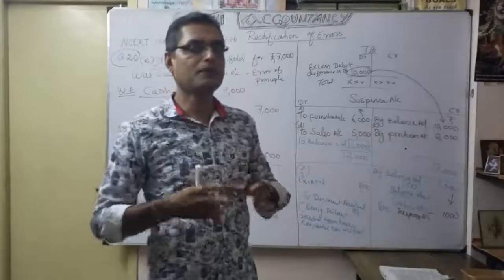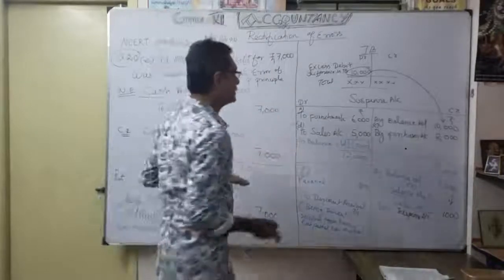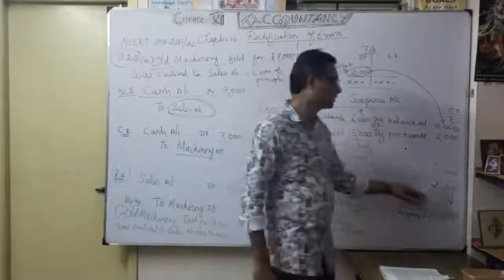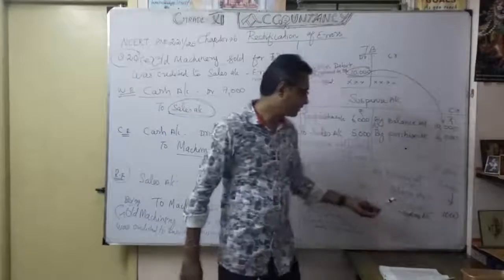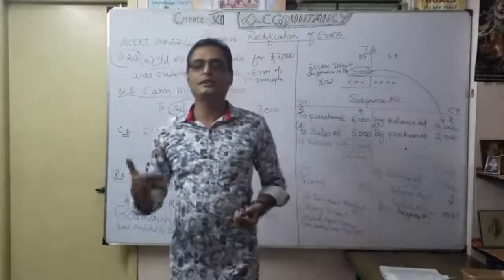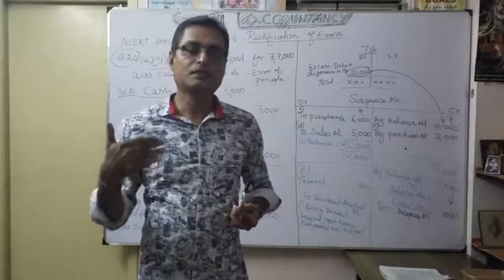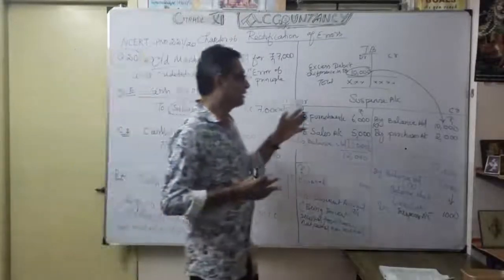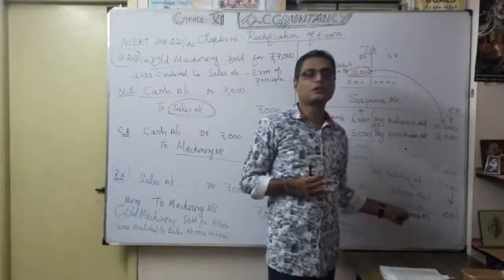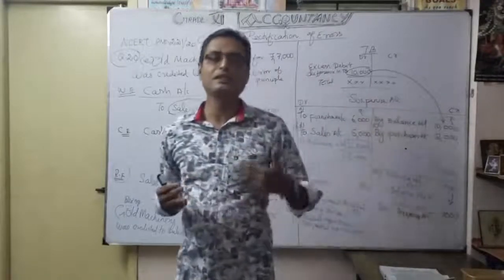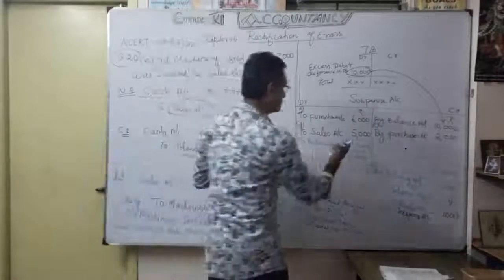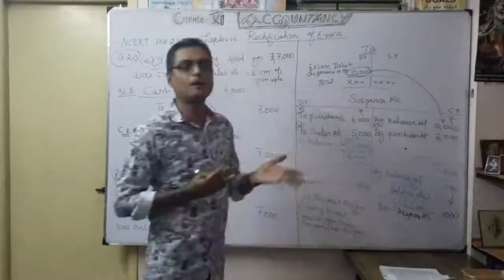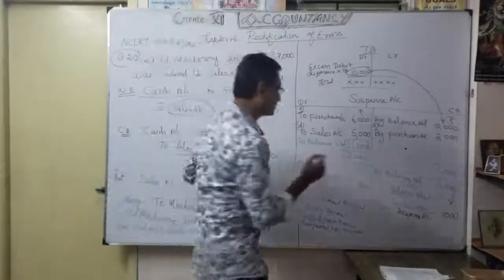You should know that even after any differences, if any balance is available in the suspense account, suppose it is a credit balance, we are going to show it in the balance sheet liability side. That's what we showed here. Suppose any balance is on the debit side, that means you want to show it in the balance sheet asset side. I repeat once again. Suppose this 1000 rupees comes on this side, I make it as 'to balance brought down'. So a debit balance is shown where? Asset side.